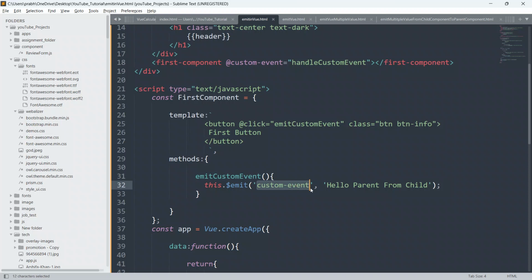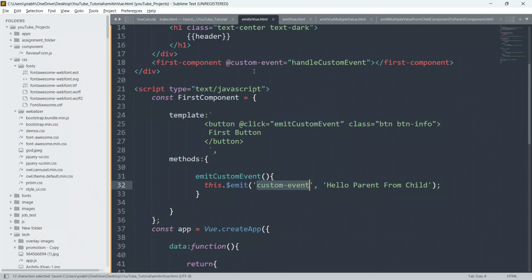So whenever a user clicks on this child button, on this custom child component, then this will trigger this emit custom method, and this will emit this custom event to the parent component.